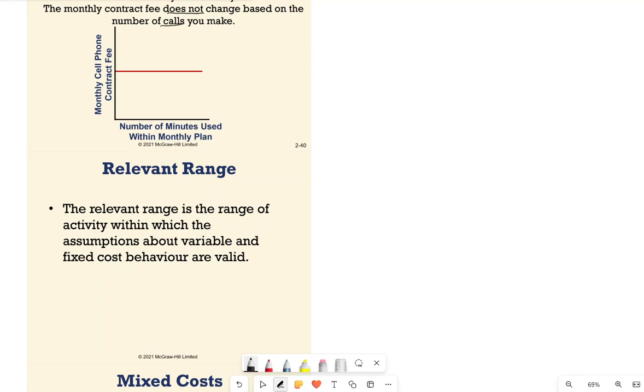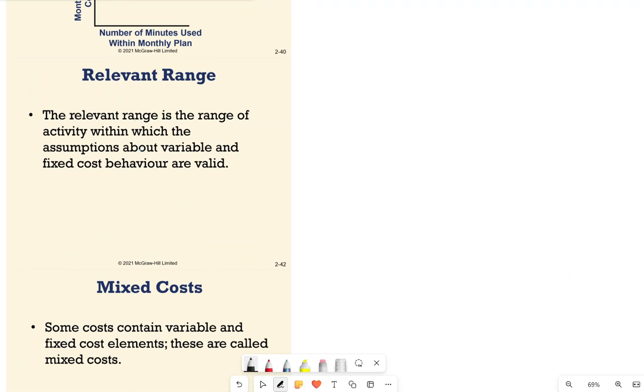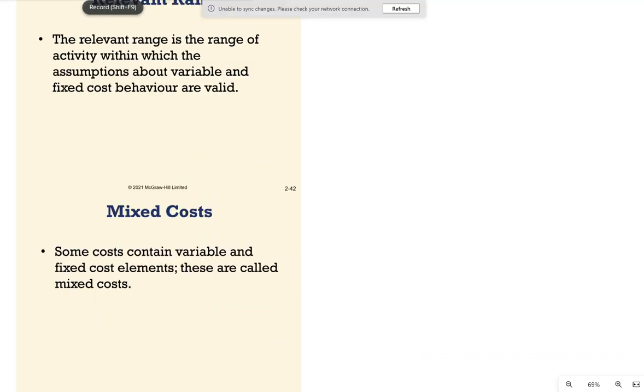We're going to be learning about this in our next one. Sometimes within a company we have a mixed cost. Under a mixed cost, some is variable and some is fixed. So what we need to do is separate them. When we think of a mixed cost, part of the cost is variable and part of the cost